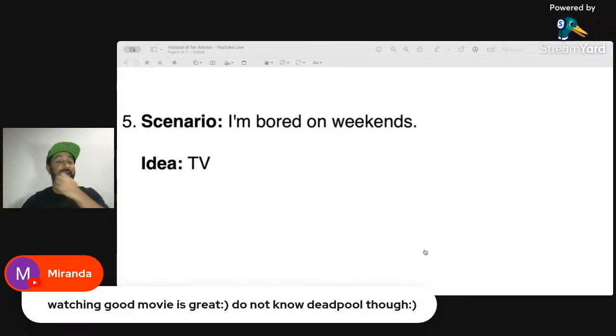Watching movies is great. Do you know Deadpool, though? This is like the third Deadpool. The main actor, his name is Ryan Reynolds. He's actually a Canadian actor, but a very, very famous Hollywood actor. It's kind of like the anti-hero superhero movie. The main character is kind of like a crazy person, but he's kind of a hero, but he's not nice either. It's very violent. It's rated R, but